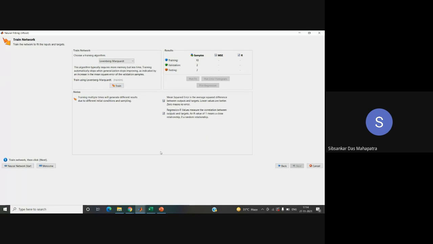Now the next slide is showing train network. Why has that slide come? Because you have already given the data input. If you see here, training, validation, testing samples, 10 to 2, because 14 sets. Now, for the training purpose, you have to